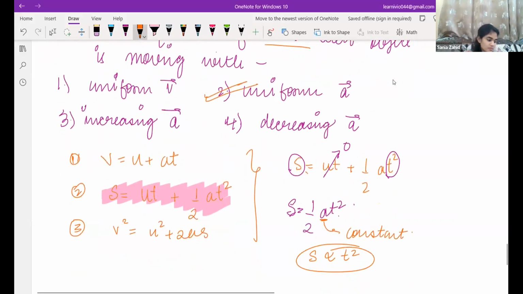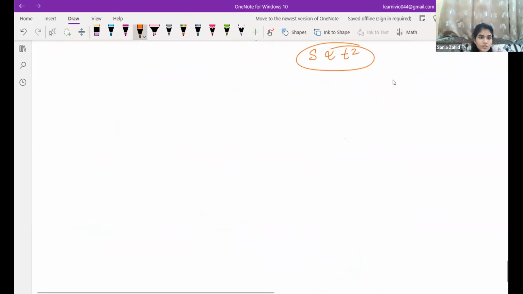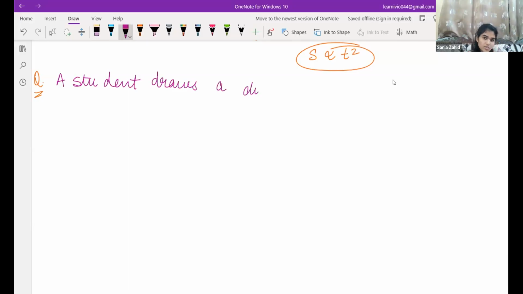Is it done? Then ma'am. Okay, the next question is a student draws a distance time graph for a moving scooter and finds that a section of the graph is horizontal